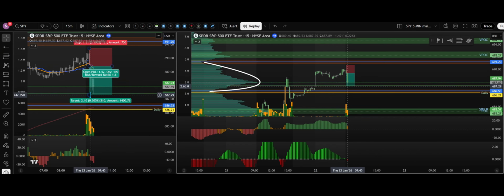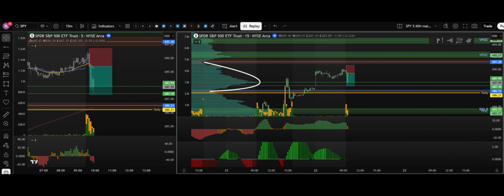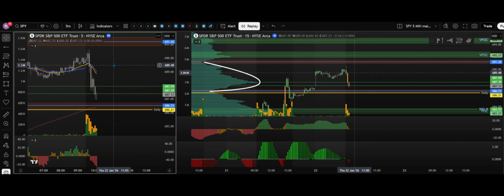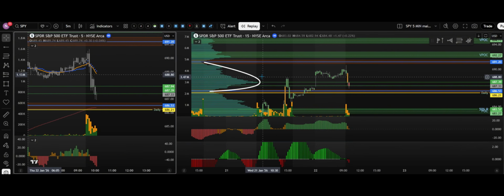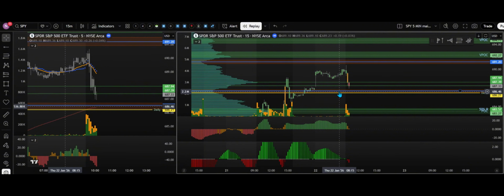And there you get pretty much a perfect test of that line right there. Our trade would have been closed in profit right there. Now I'm going to do the exact same thing, and I'm going to wait because now price is attacking this